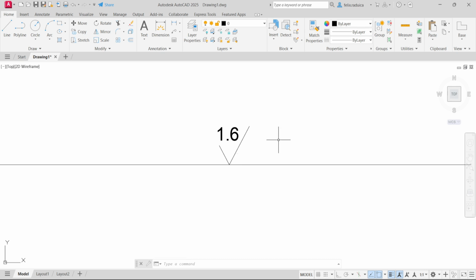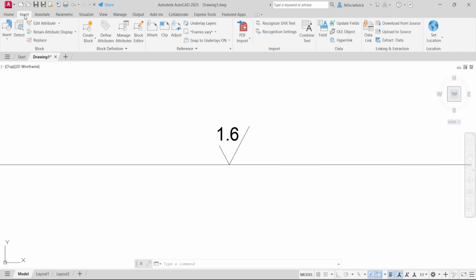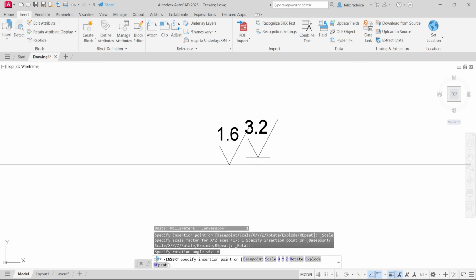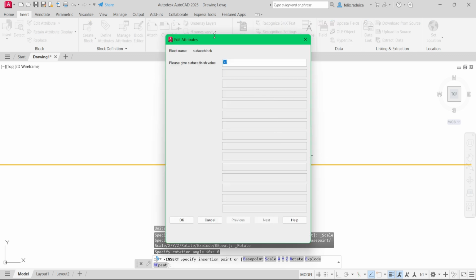Now if we go and insert a block, so we have here the insert, and we have our surface block here, and we can insert it somewhere like here, and it will ask us for the value 6.3